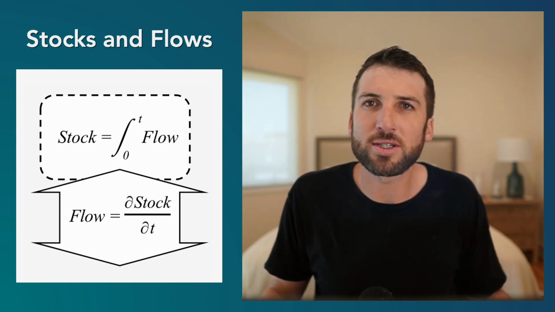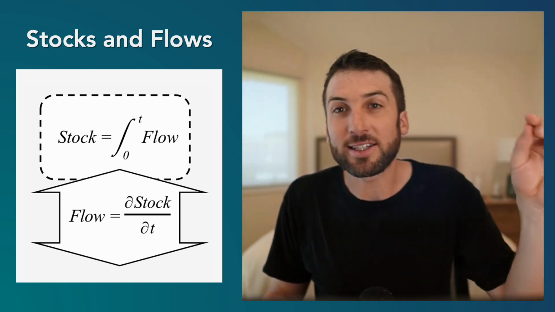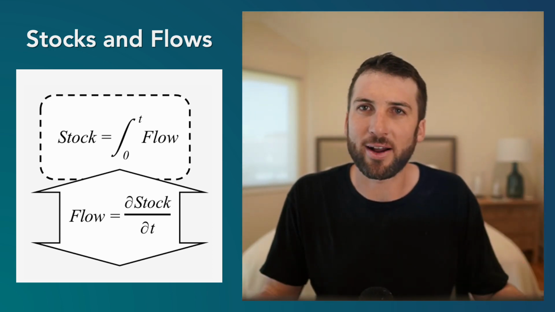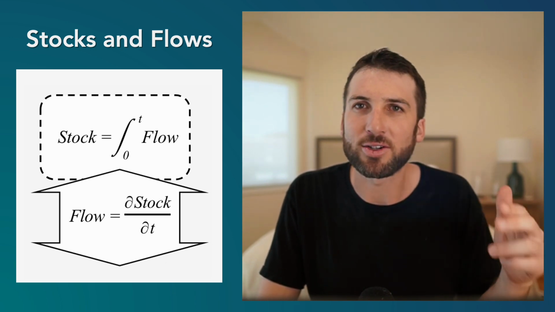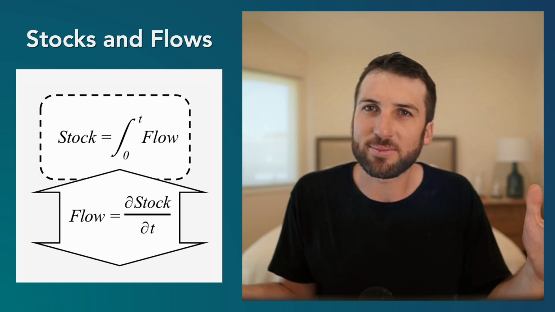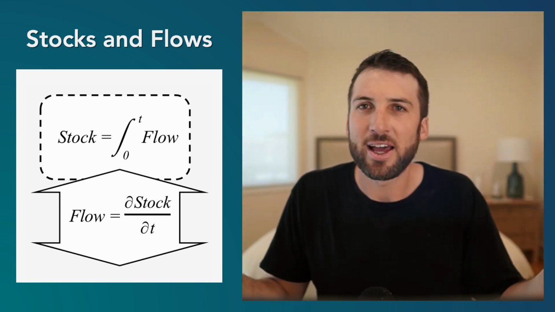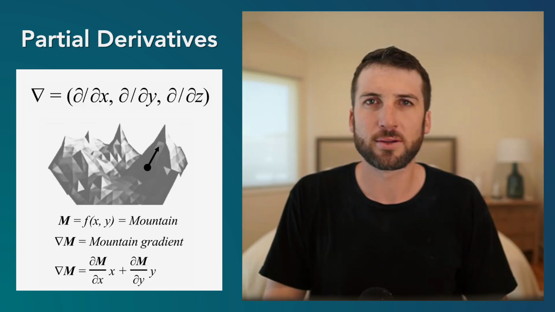Now you can use this in stock and flow diagrams, where you can have different stocks of resources and different flow rates between them, and you can calculate the overall effects and how they interact with one another. But this is a really practical way to use calculus and a way to understand how it works. The stock is basically like this bathtub of water, and the flow rate is either the drain or the faucet. How much is it changing up? How much is it changing down at a given time?